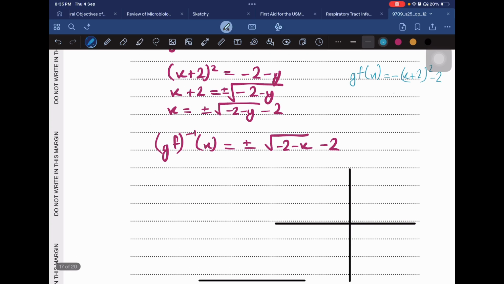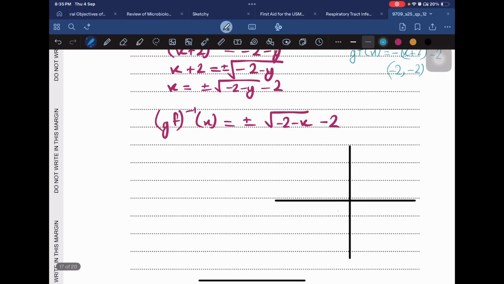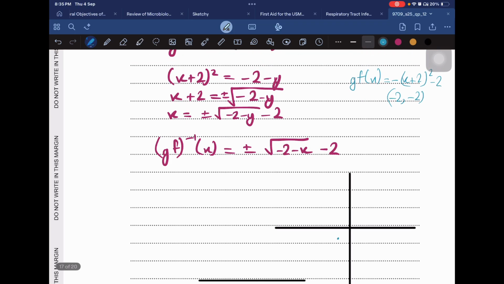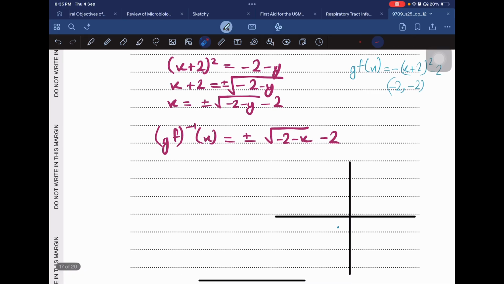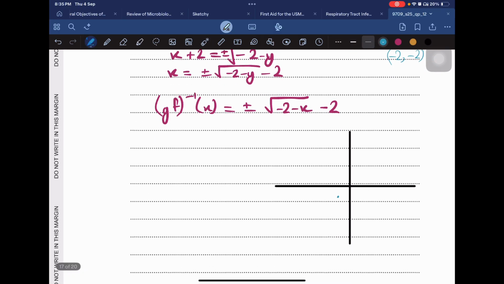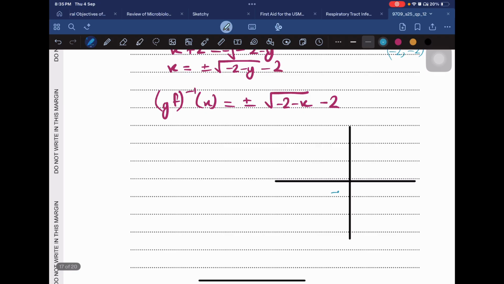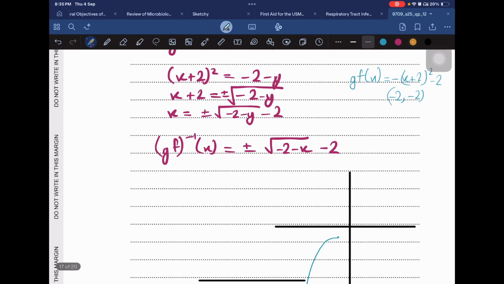So again, the coordinates of the turning point will still be (−2, −2), which is somewhere here, let's say. So if we draw the graph now, this will be a maximum point because there is a negative sign before the bracket. So the graph would be, and because x is less than −2, the graph will be like this. Alright, and then if we find the inverse of that, the inverse of this will be,